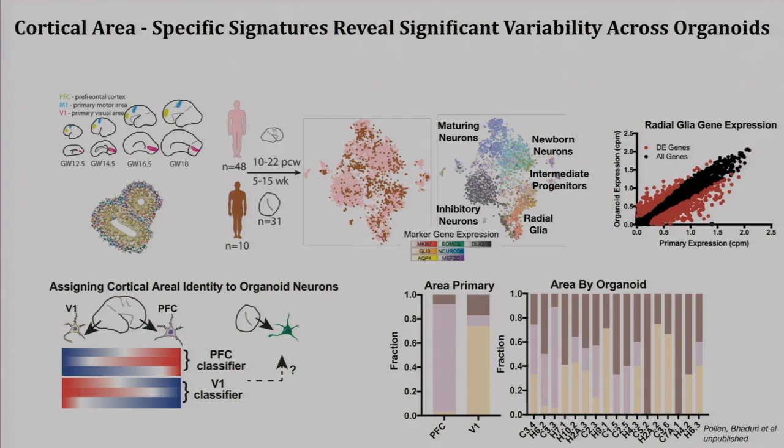And we think that going forward, we will need to learn more about the fidelity and the reproducibility of these organoid models, and how you can use some of the lessons from normal development to guide the differentiation protocols to generate organoids that will resemble more of the prefrontal cortex or visual cortex, or also expanding this to other cortical areas. And we think that this will be a very, very useful model going forward.